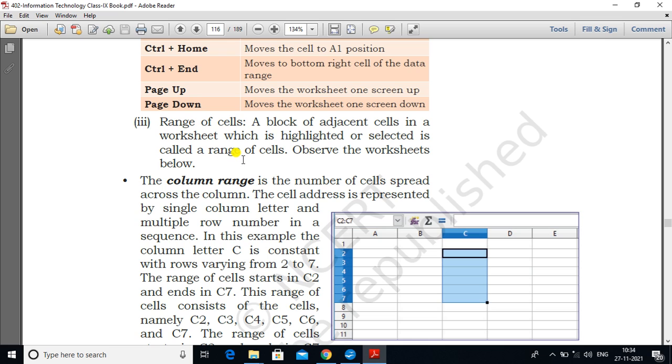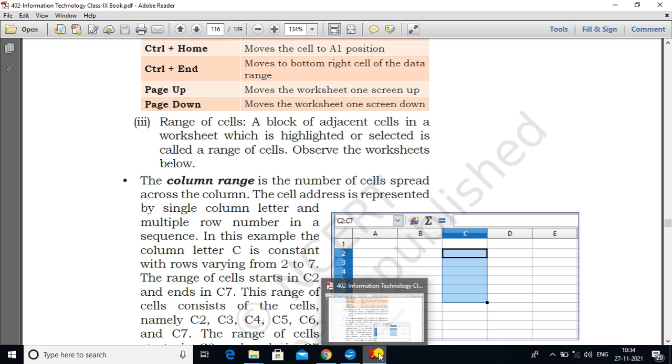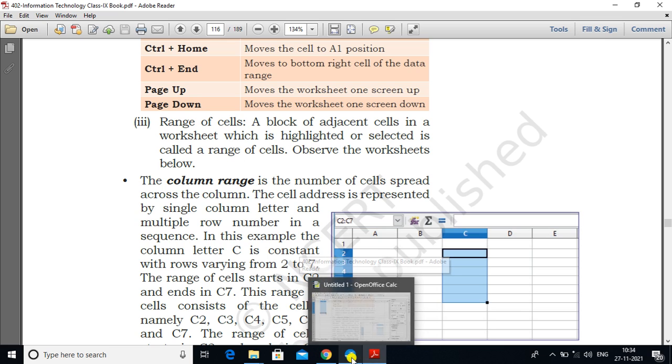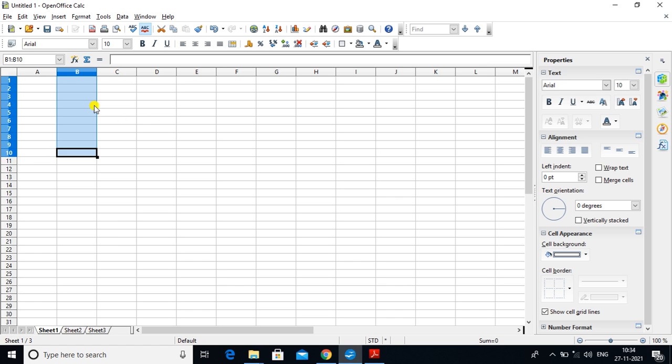Okay. And these cells are called a range of cells. The range of cells appears here also in the name box, like B1 to B10.